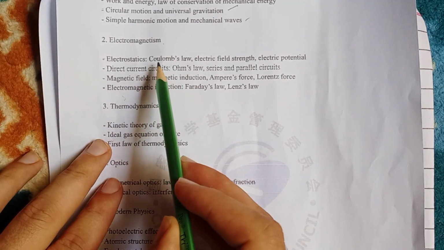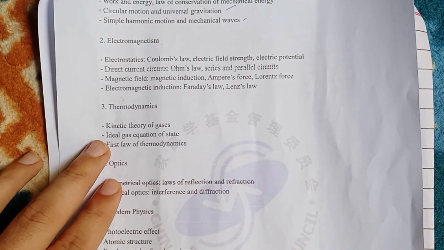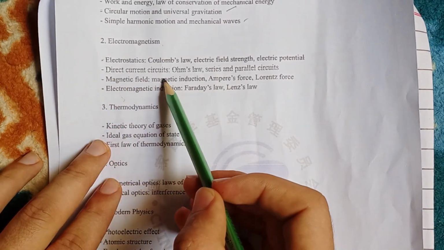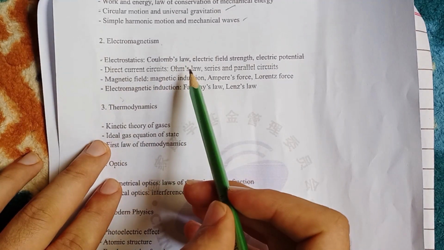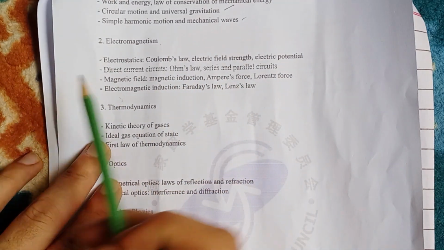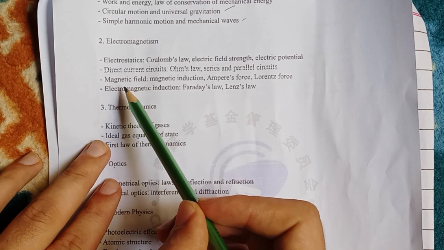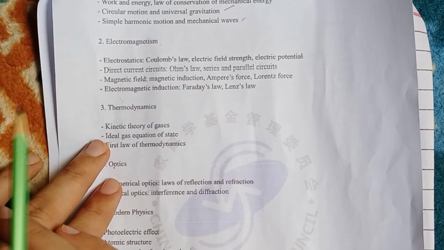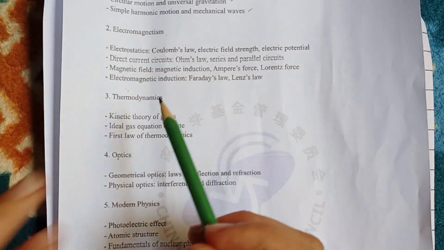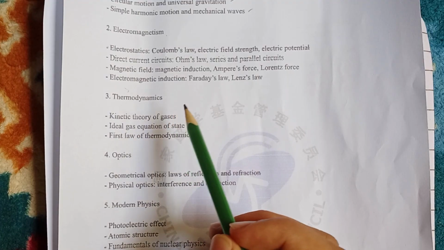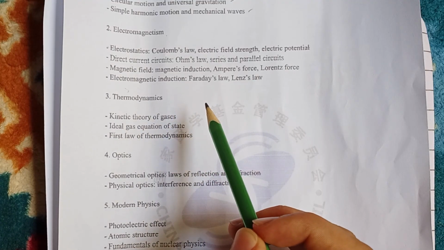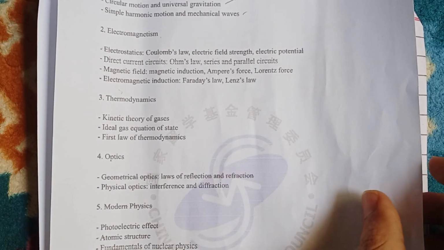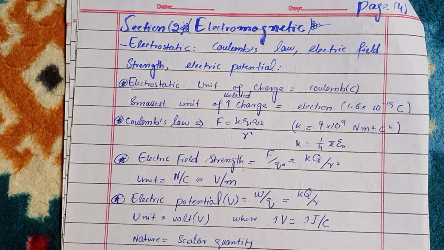In electrostatics, we will cover Coulomb's law, electric field strength, electric potential, and the next subtopic is direct current circuits. In direct current circuits, we will study Ohm's law, series and parallel circuits. The next subtopic is magnetic field, and in magnetic field we will study magnetic induction, Ampere force, Lorentz force, and last we will cover the subtopic electromagnetic induction. In electromagnetic induction we will study Faraday's law and Lenz's law. So let's go to my handwritten notes and cover all these topics